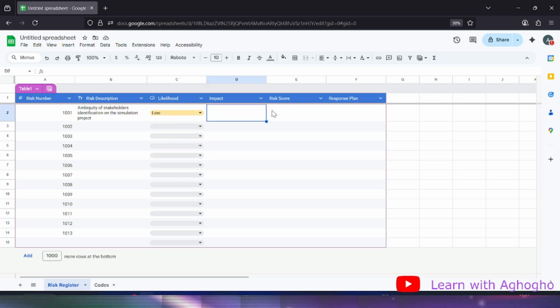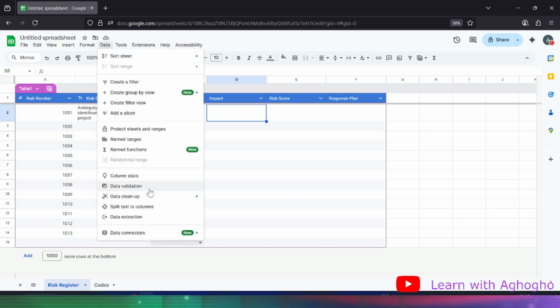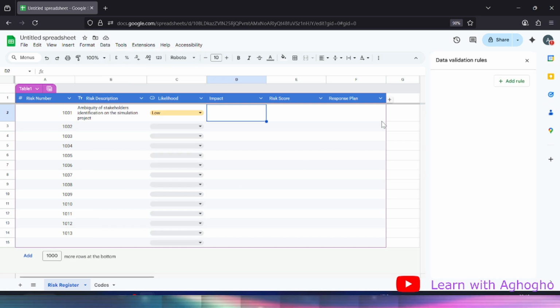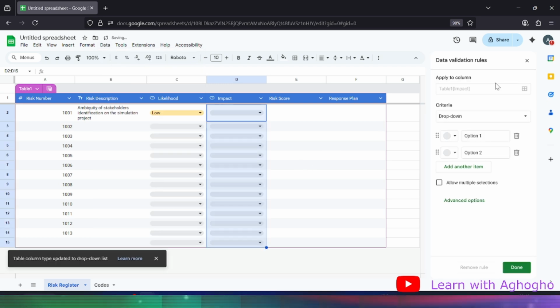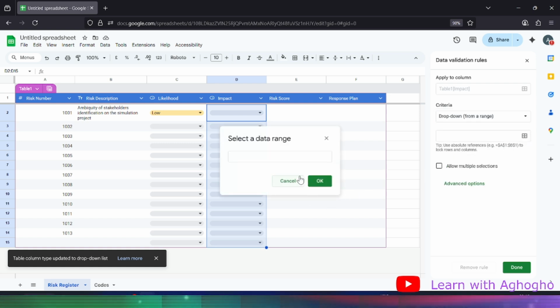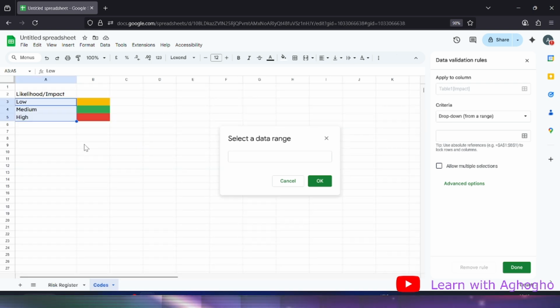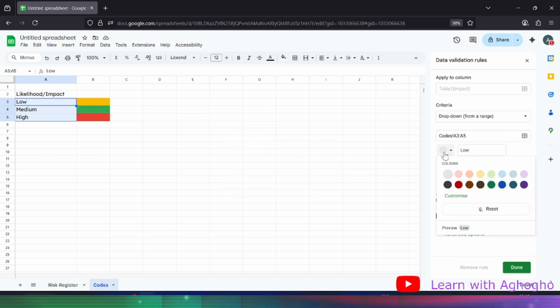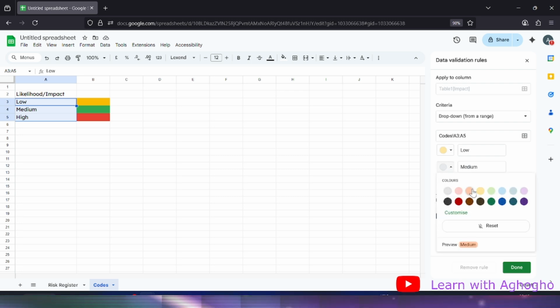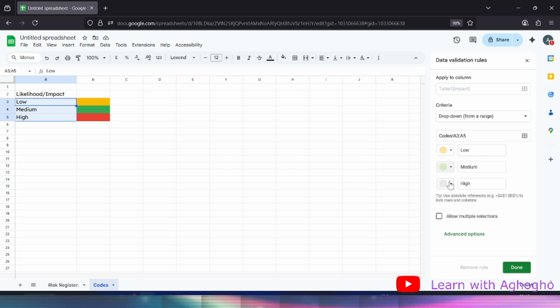So on here we also do the same. Go to data validation, and we had our codes, and we'll come here and say take from range, click here, and we'll go here and click from this, say okay, take yellow, green, and red. Okay,